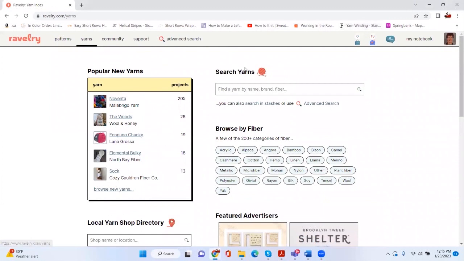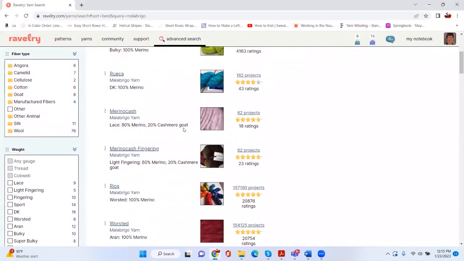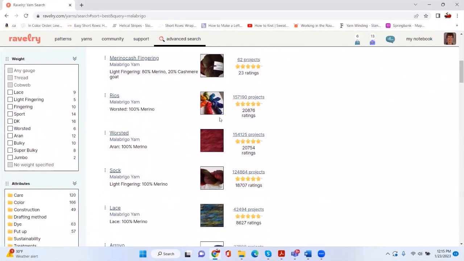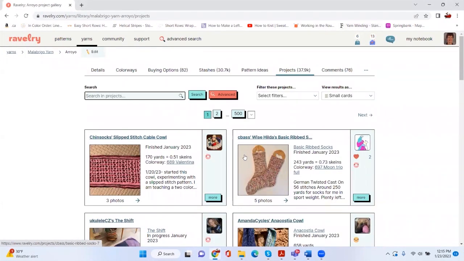My last search is going to be working with some yarn. I have a favorite that I love, which is Malabrigo. So I'm going to take a look at that and see what I can find. So I'm going to look at Malabrigo Arroyo, which is a sport weight yarn. And you can see that there's 37,888 projects. So now I'm going to do a search of the projects,